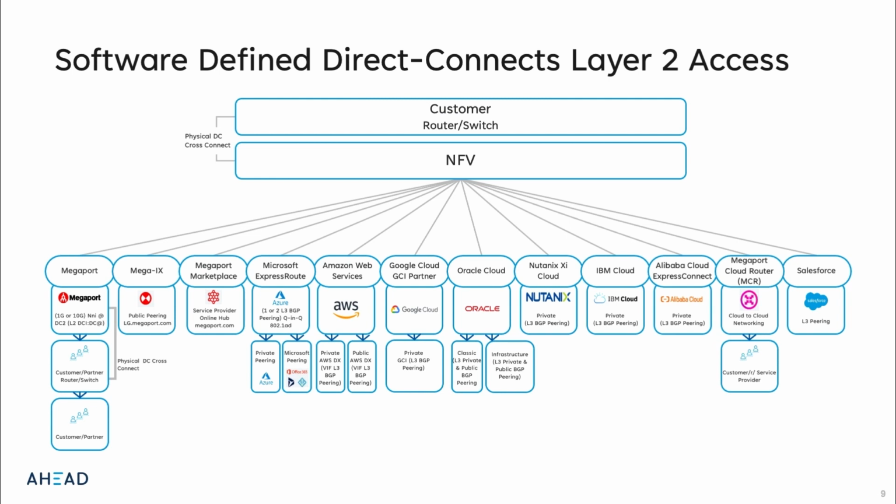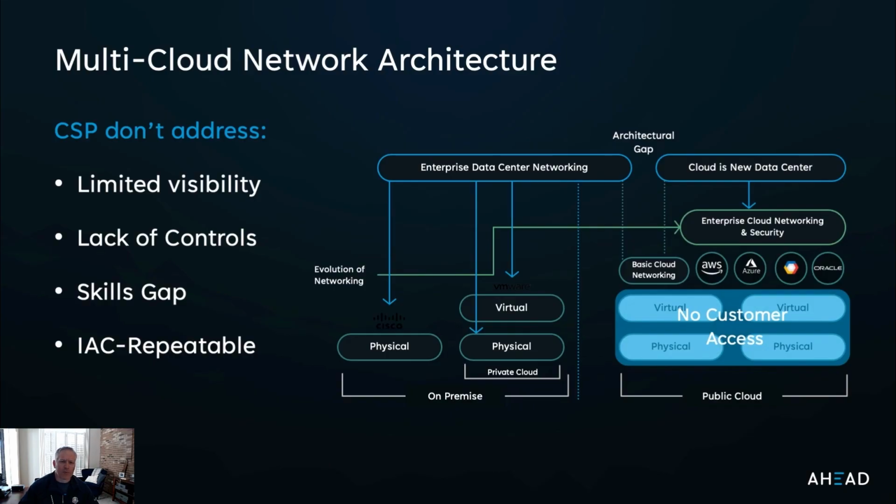But what we're really allowing us to do is have that connectivity, or put that underlay network in place to get to these multiple clouds. So the next step we're going to talk about: we talked about how do we get to these clouds, but we didn't talk about how do I network in those clouds. Because when I start looking at multiple cloud networks, every one of these clouds does things